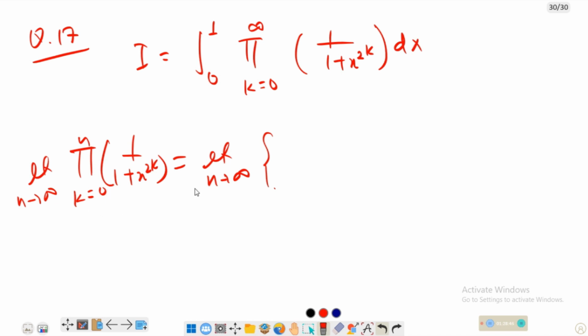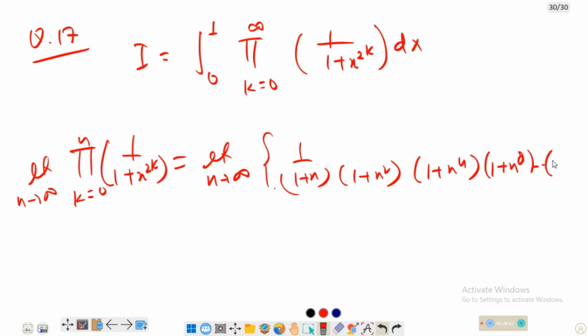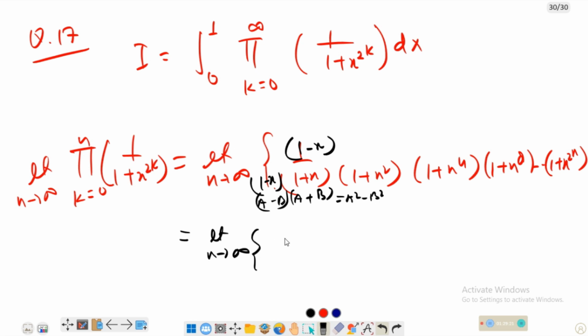if we put k is equal to 0, then this is 1 plus x. If we put k is equal to 1, 1 plus x square, 1 plus x to the power 4, 1 plus x to the power 8, dot dot, 1 plus x to the power 2 to the power n. Okay, so if I multiply this quantity by 1 minus x, this is a minus b, this is a plus b, this is equal to a square minus b square. So limit n goes to infinity, and this is 1 minus x upon 1 minus x square, and this